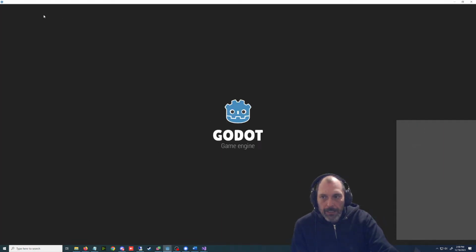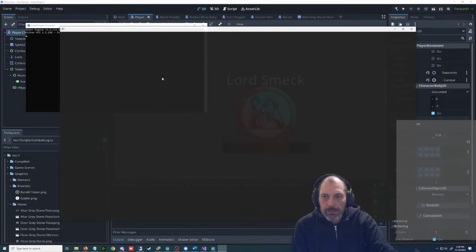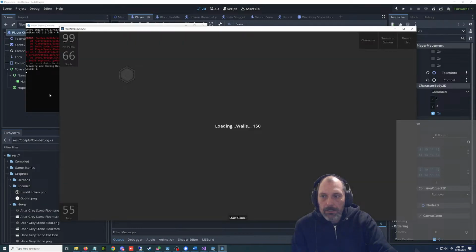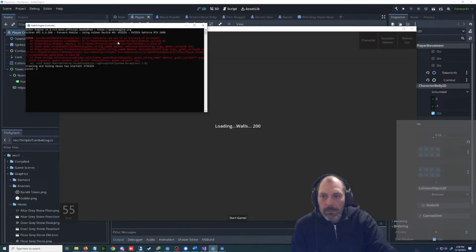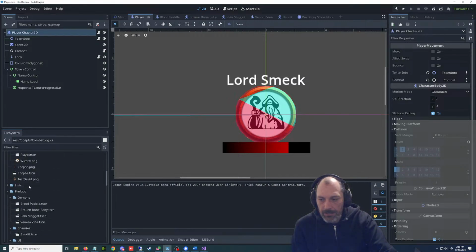Oh, you know what? We didn't even need to open that. We can just run this from here. Yep, it's the same thing. I totally thought I had fixed that. So this is the issue: it doesn't know what the file system is.